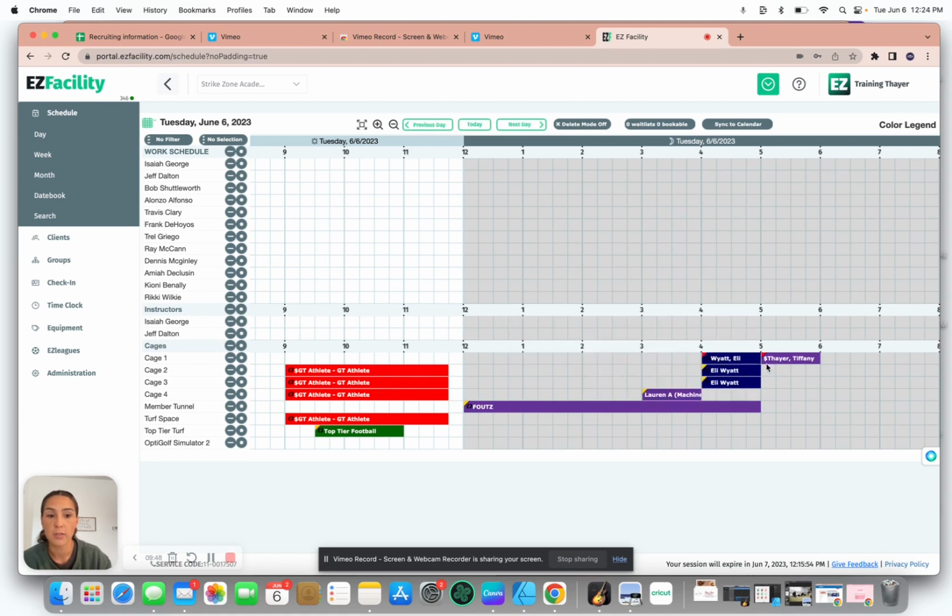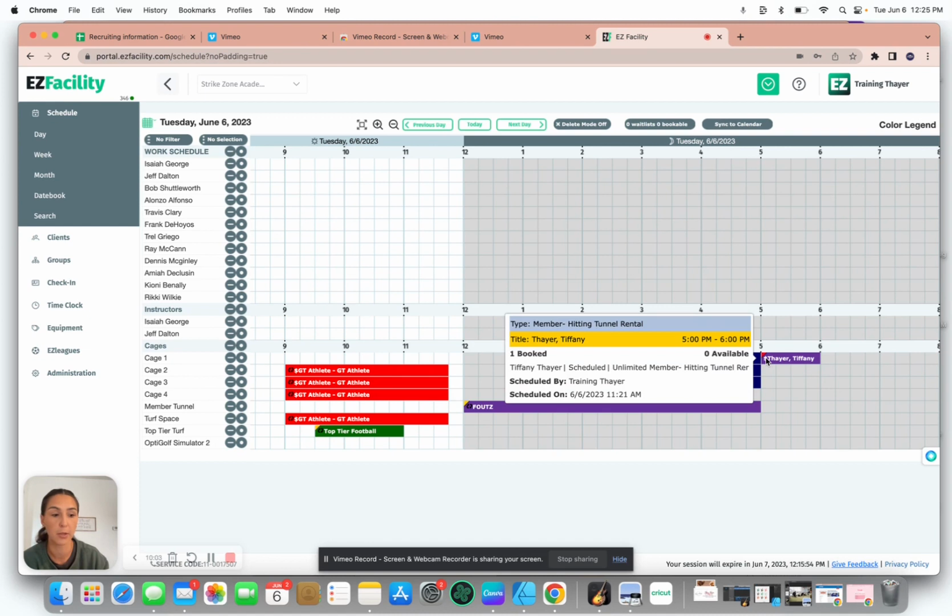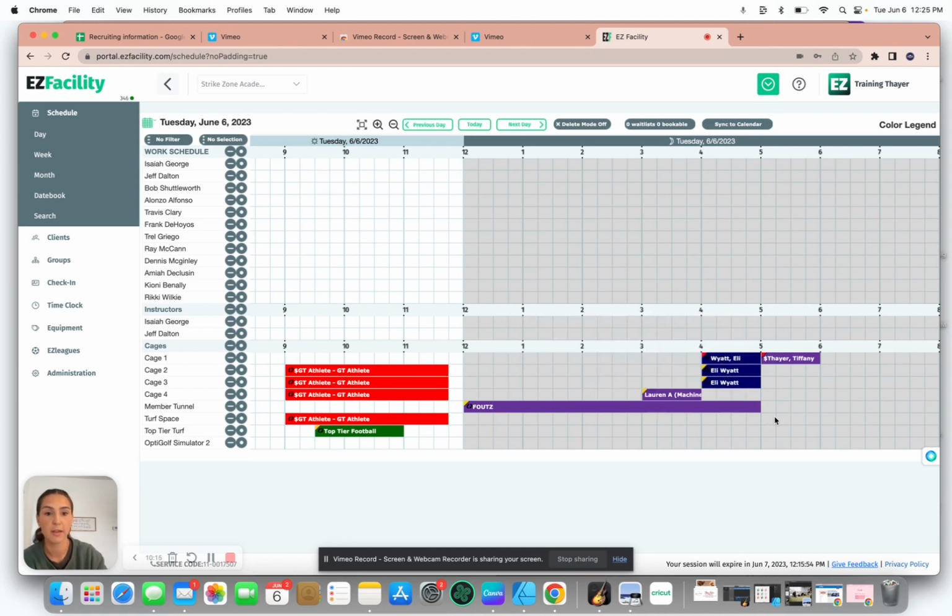So that also, I have the $ next to my name, meaning that I now owe the facility money before I am going to continue using the facility, because we do want to make sure we're taking the money that people owe us. We found that a couple people had memberships and they paid, but when we transitioned to Ezfacility, they kind of just kept going and didn't add their membership to the account. So if you'll just pay attention when you're checking somebody in, if they have the dollar amount and